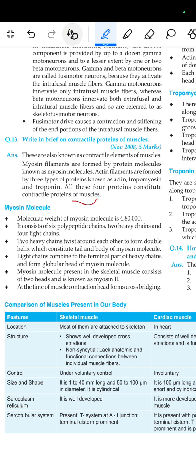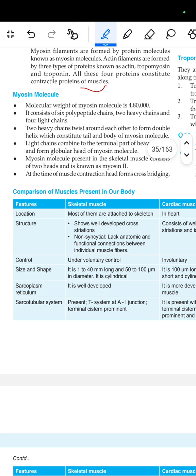protein of the muscle. Next comes the myosin molecule. The molecular weight of the myosin molecule is 4,80,000. It consists of 6 polypeptide chains, 2 heavy chains and 4 light chains. 2 heavy chains twisted around each other to form the double helix which constitutes the tail and the body of